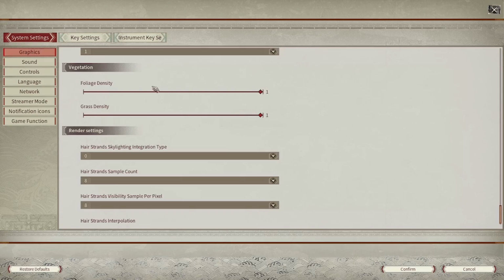If you want to optimize your game performance, your in-game performance, you can simply crank those options down. But if you prefer a much nicer looking game, simply leave them as is or crank them up to the maximum. When you are happy with your choices, simply tap confirm to save